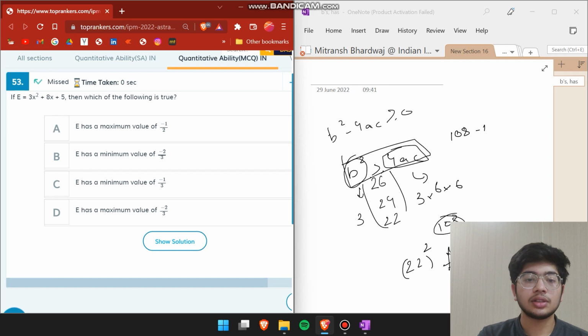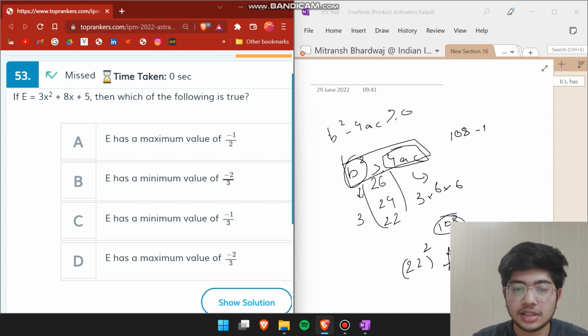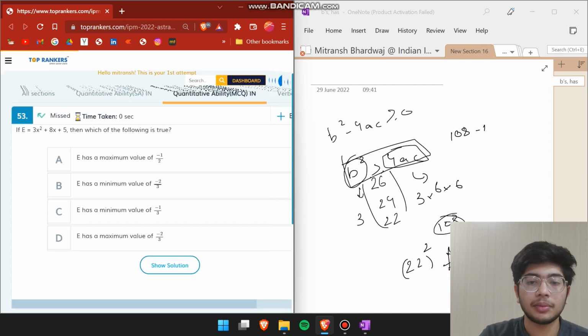देन व्हाट इज द फॉलोइंग इज ट्रू इफ e इज 3x स्क्वायर प्लस 8x प्लस 5। ठीक है, अब आप अगर ध्यान से देखें कि इस एक्सप्रेशन की मैक्सिमम वैल्यू कभी नेगेटिव तो नहीं जानी चाहिए। आप x बहुत बड़ा मान लीजिए, x आप मान लीजिए 5, बहुत बड़ा भी नहीं है, तो 25 इंटू 3 75, 5 इंटू 5 8 इंटू 5 40 प्लस 5, तो ये मैक्सिमम वाले जो हैं दोनों ये तो गलत हो गए। अब हम देखते हैं कि मिनिमम में क्या है।